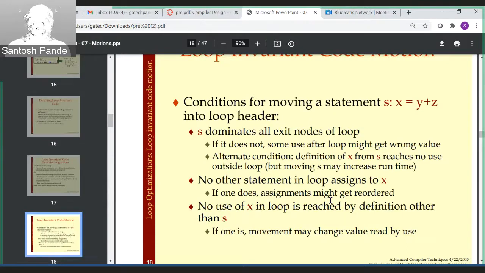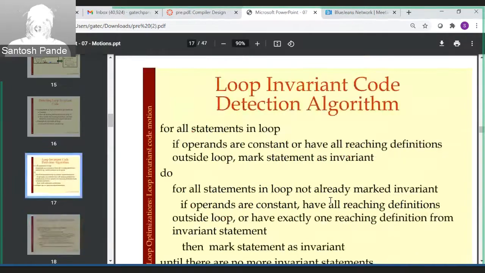In other words, we have detected loops. We have detected what are the invariants with regard to those rules. Remember, the detection is very simple here. As you can see, the base cases here are, hey, just these reaching definitions. Are they all coming from outside the loop? Boom. If they are, then that's an invariant. If that's a constant, that's an invariant. And then the third case only needs loop analysis in terms of reaching definitions analysis within the loops. If one of the reaching definitions, however, is loop originating, and if that's the only one, then transitively mark